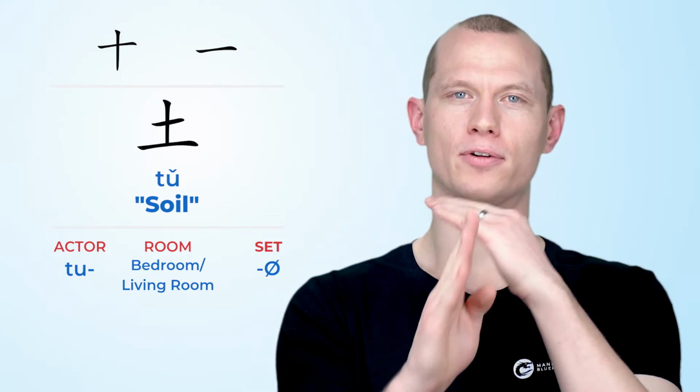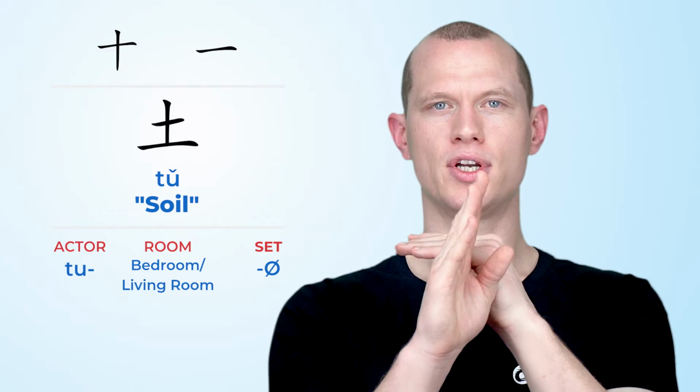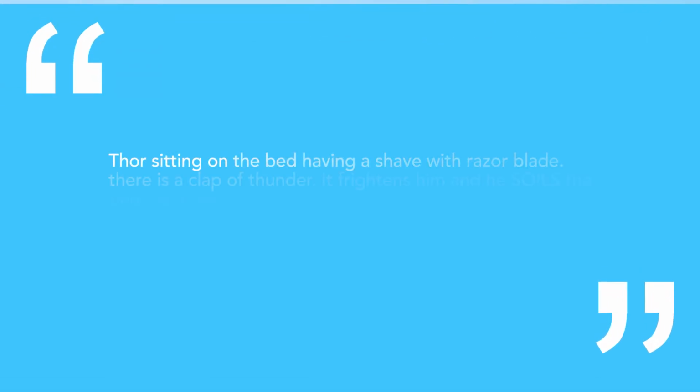All right, the next one we've got is from John Grist. This one's really simple, but it's hilarious. It's for tool, which means soil, and it's made up of a crucifix, which is the cross, which is the prop we suggest anyway. Of course, there are others that you could choose, and razor blade, which is the bottom component. Thor, that's the